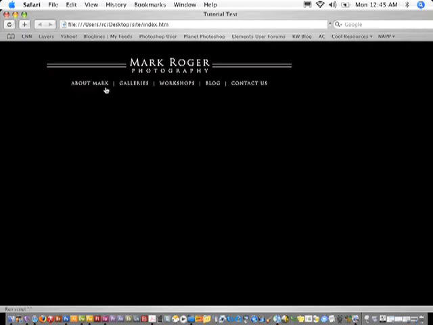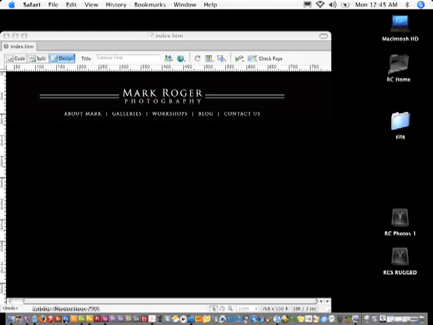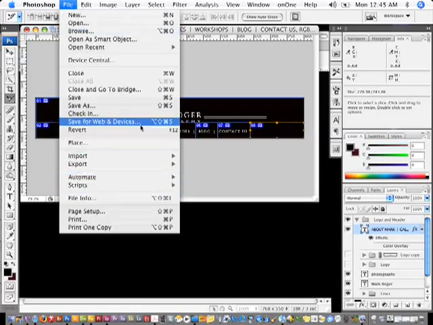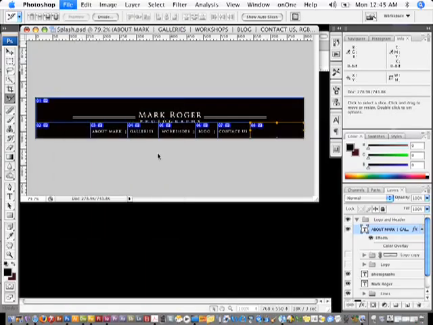That's going to open up a Safari page, and now notice that that's normal, and if you put your cursor over it, it adds that. Now, notice that inside of here, it's looping the animation. What if I didn't want that animation to loop? What I could do is go back into Photoshop, and when I go into Save for Web and Devices,